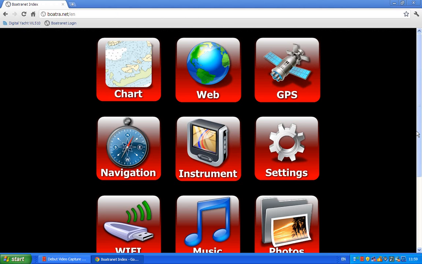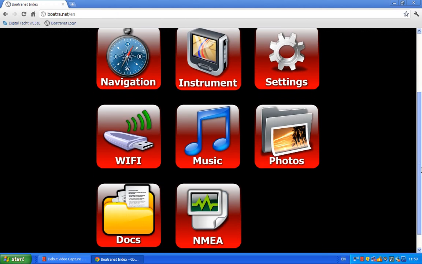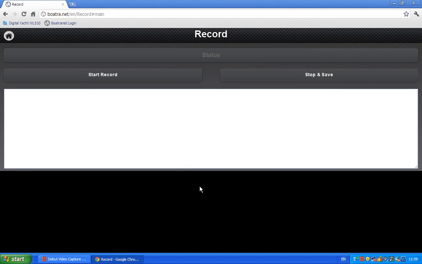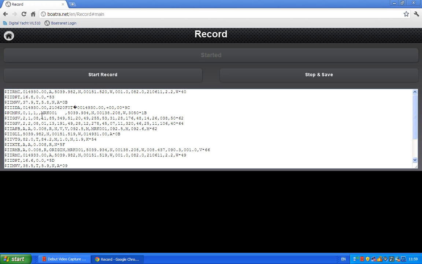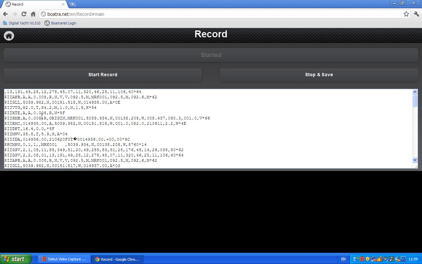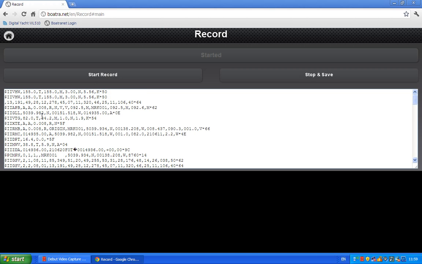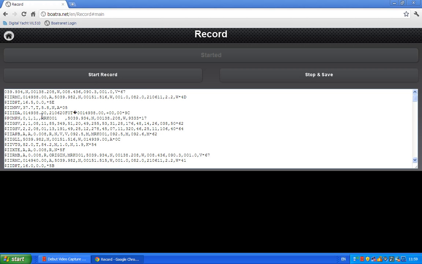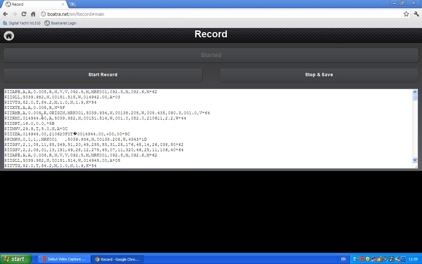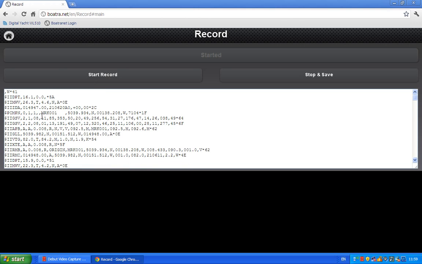What else have we got? When you're setting the system up initially and you want to see what NMEA data is actually coming in, we've put an NMEA display option here, and you can actually go start record, and then it will actually show you the raw NMEA 0183 data that's coming in on the 2 different ports, and that's quite useful for just double checking what data is coming in and it's connected up correctly,